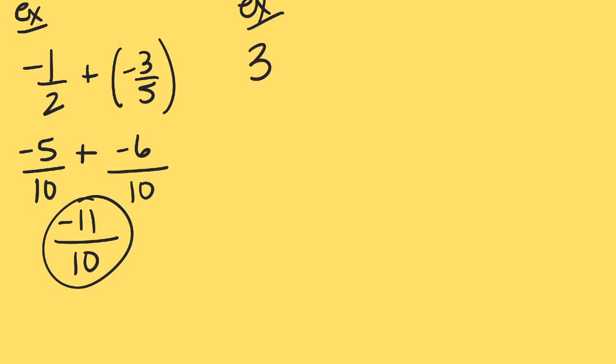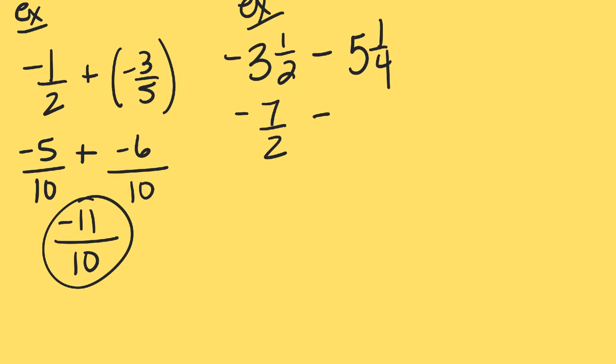Okay, this is where we have to be a little bit careful. If I have -3 1/2, take away 5 1/4, let's say. So 3 times 2 is 6 and 1 is 7. This is -7 over 2. What sometimes people do is they'll go 2 times -3 is -6 plus 1 is -5. But what you have to kind of think of is just ignore the negative sign for the moment when you're creating the improper fraction and know that the overall fraction is negative. So 2 times 3 is 6 plus 1 is 7, and this is a -7 over 2. Okay, so please be careful of that